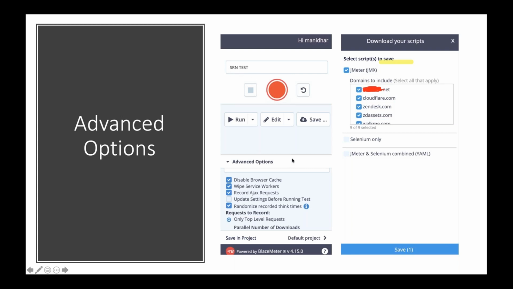Okay, and we have some advanced options over here. So select all of these options. These options are very important, right? While recording we have to disable the cache. We no need to record the cache also. Okay, and other services, Ajax records also, everything we have to record, because whenever we hit any request, as part of the response we can see multiple types of request.